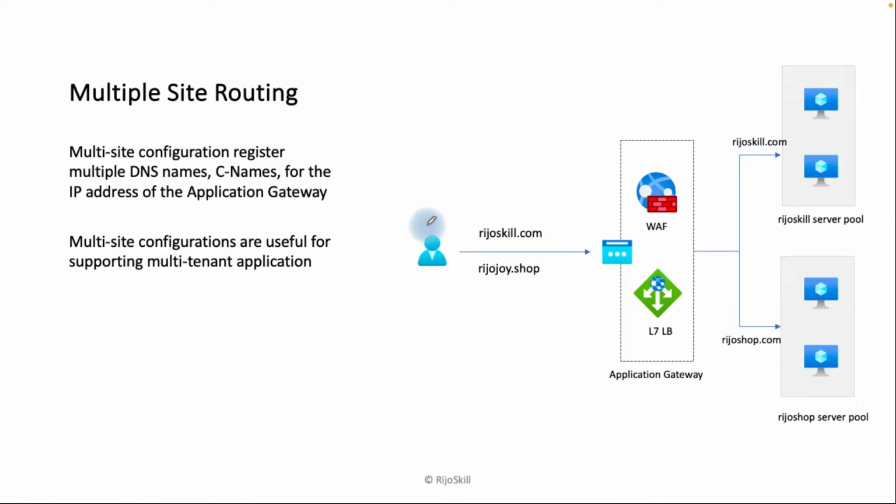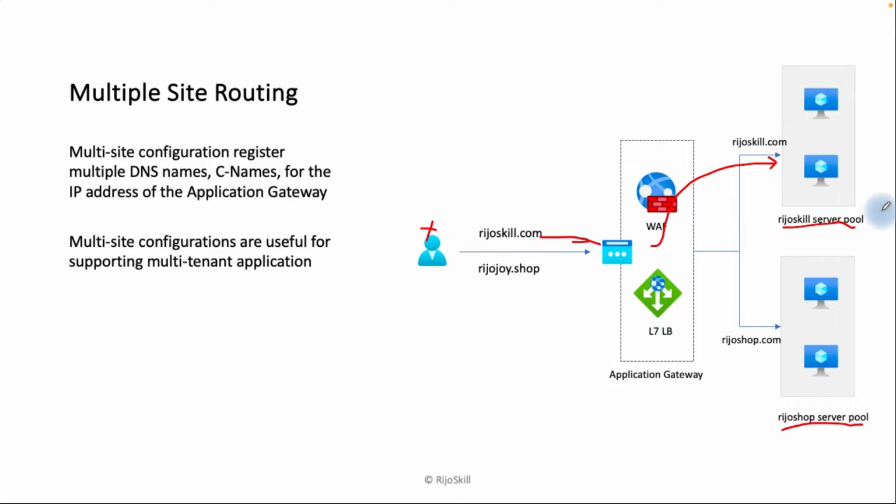Here you can see the user is X, okay? The user needs to access the website rijoskill.com. So the user sends the traffic for rijoskill.com to the application gateway. What happens? You can see here you have two pools available. One is the Rijoskill server pool in the backend and another one is the Rijo shop server pool. Once the user requests rijoskill.com, our application gateway routes the traffic to